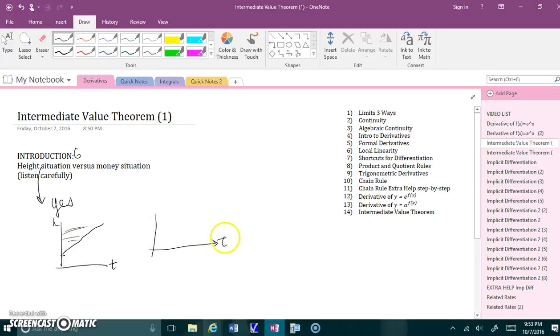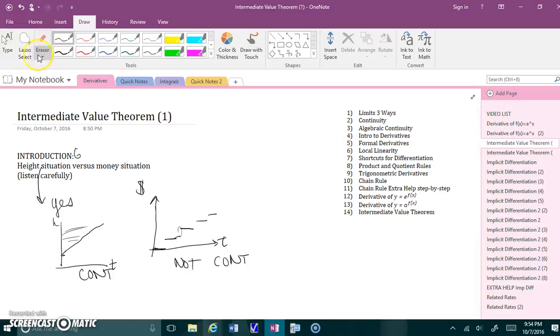Whereas if this is time, and your y-axis is money now, you start at $0, and let's say for a week you don't have a paycheck, and then all of a sudden you deposit like $100, so it jumps up, and then it might go up slightly with interest, and then all of a sudden you deposit another check, and then another. So here you are not guaranteed to reach every single y value. And the difference here is that this function is continuous, and this function is most definitely not continuous. It's kind of like a step function, I guess.